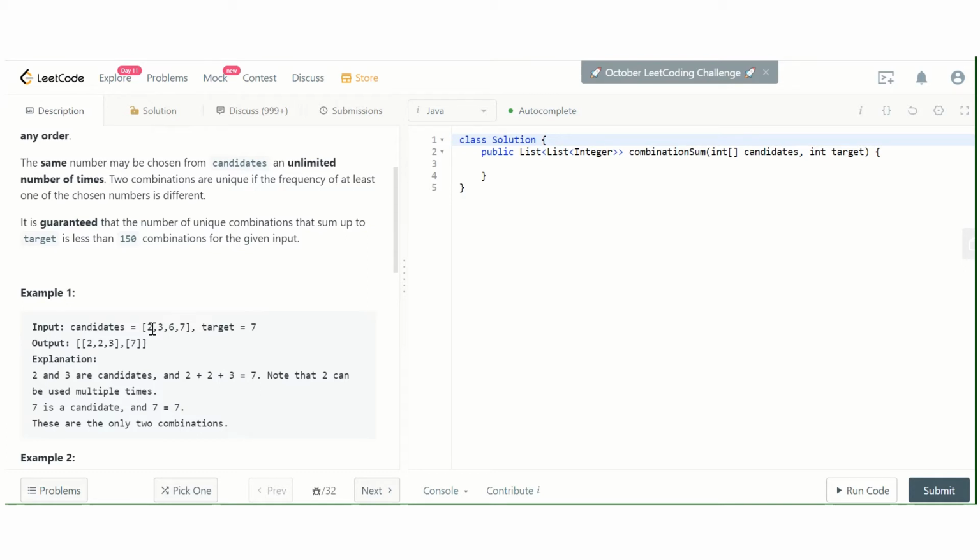Again include it, that is going to be 8. That is greater than 7, so that combination is discarded. After including 2 a few times, we go for 3. In this way we can find 2, 2, 3 is our solution.